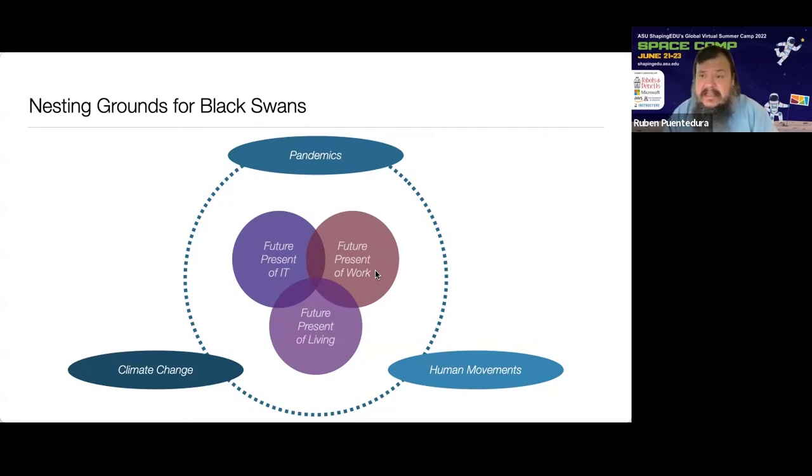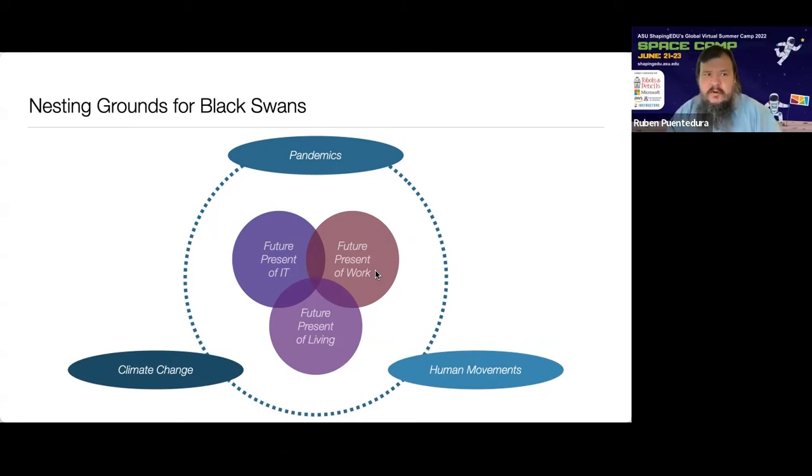Tom, I disagree. IT is usually not a black swan. Things that come from within IT can be black swans, and we're going to talk about that later. But IT itself, in terms of processes and so on, there are far, far fewer surprises than people think. People say, oh, they never expected that. That, frankly, is usually a case of lack of information rather than black swans. So we'll come to that in just a second.